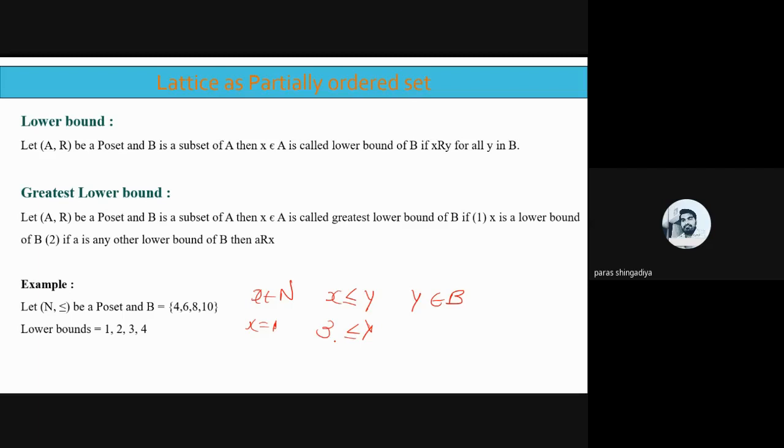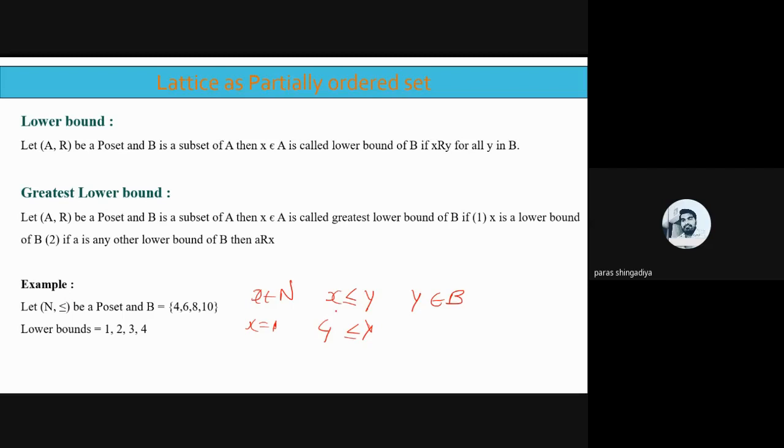And then the next number is 4. So use x equal to 4. Here the condition is equality, less than or equal to. So we can say that 4 less than or equal to 4. There is equality there. Therefore, it is a correct form. If I consider only strictly less than, then 4 will not be a lower bound. But the equality is there, so we can consider it is also an answer. It is a part of the lower bound.